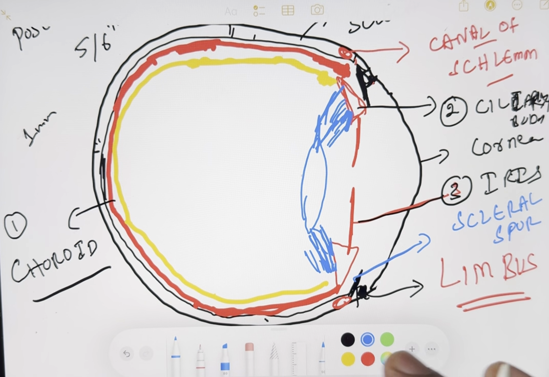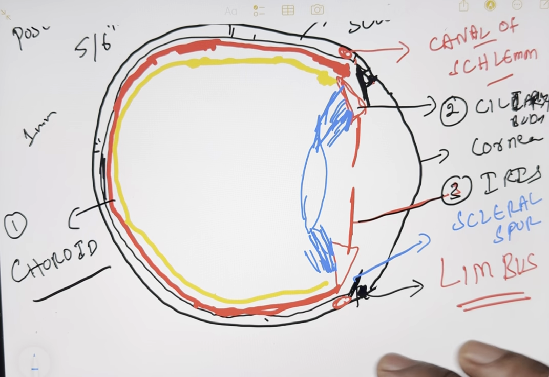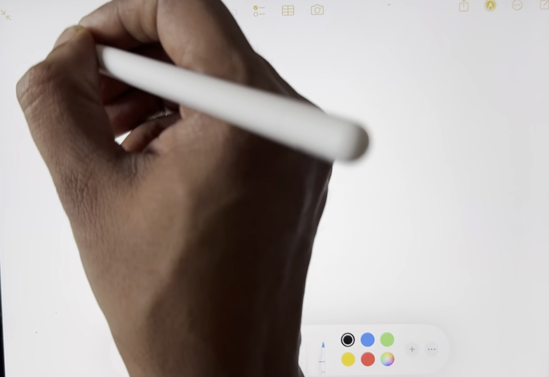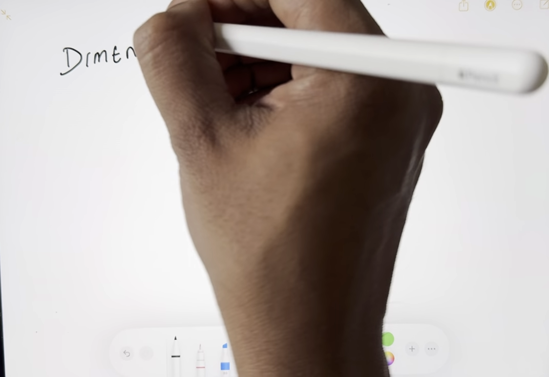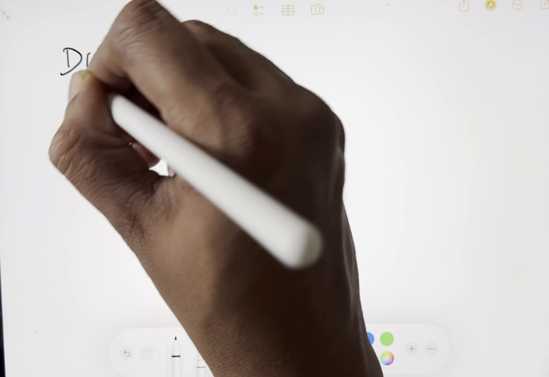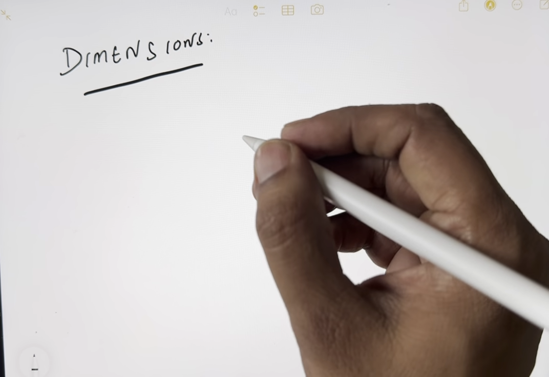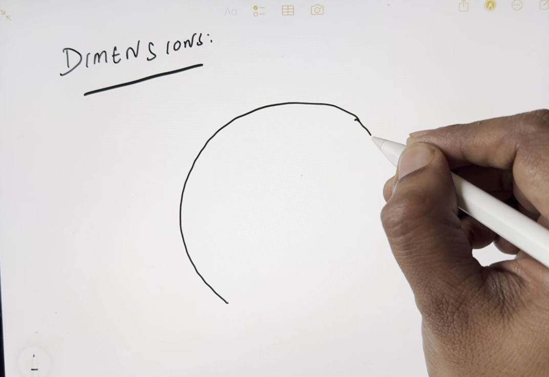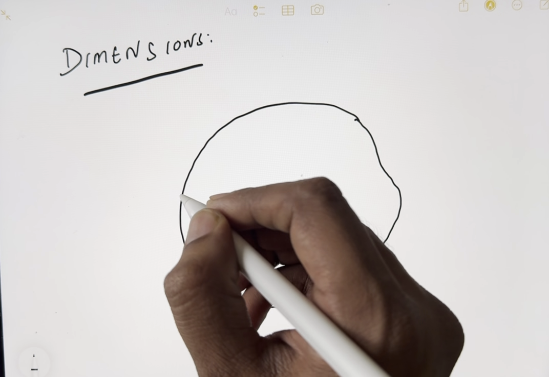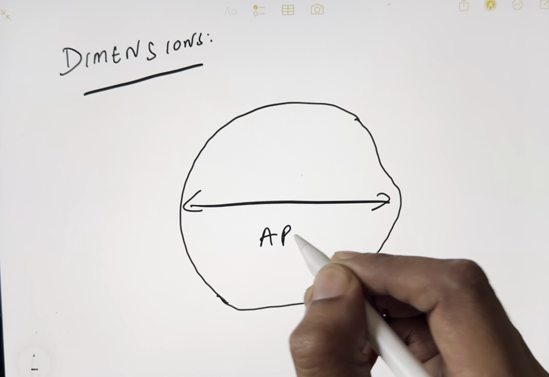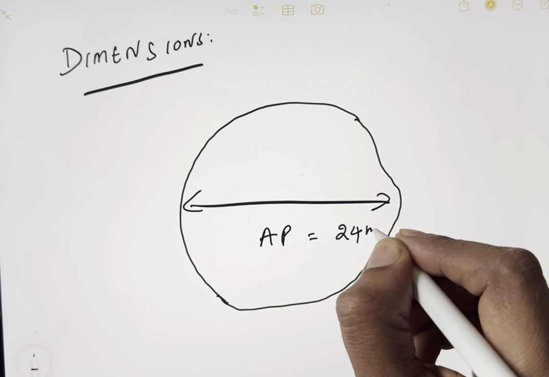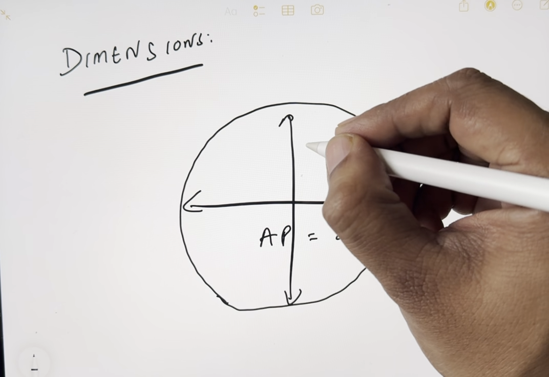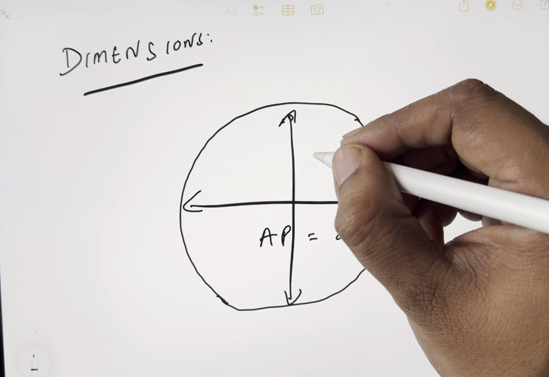So first let us come to some extra points about the eyeball. First we will discuss the dimensions of the eyeball: the size, weight, and volume. So I will draw a rough line diagram here to explain the dimensions. See, antero-posteriorly, the AP diameter is around 24 millimeter. And the height of the eyeball, the length or height, is around